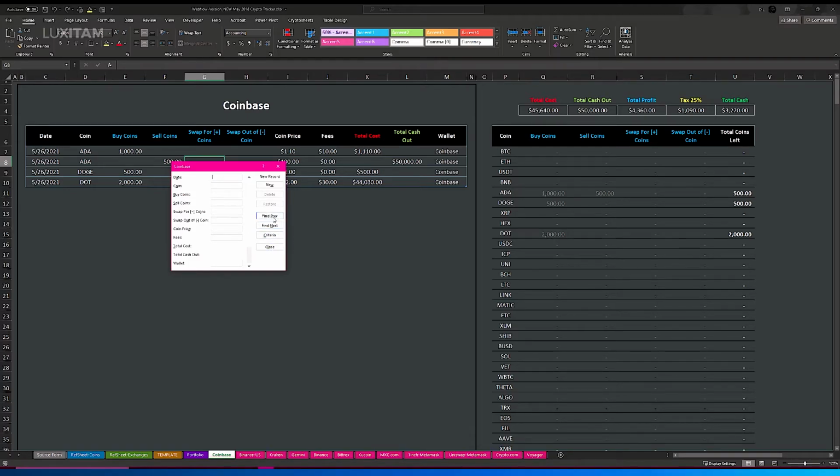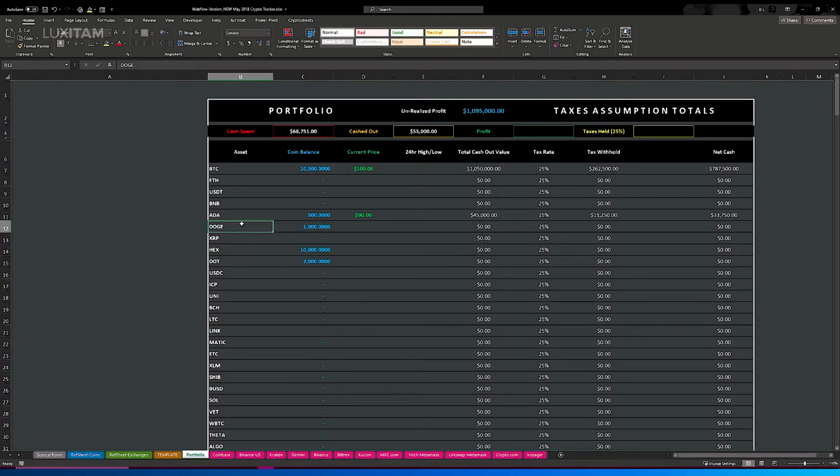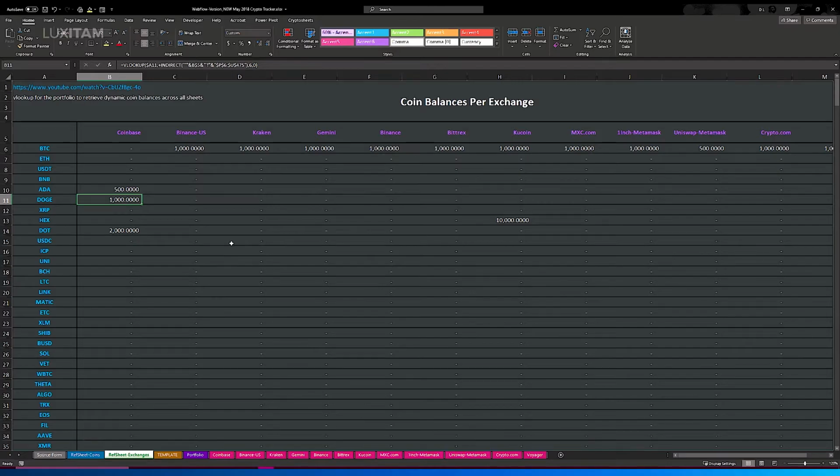So if you want to find the previous transactions, you can look through them if you need to make adjustments because you did type something wrong. That's also fine. And as you update it, so if I update Doge from 500 to 1,000, and then I click close, you can see here now it's 1,000. You can go to my portfolio and see that Doge is now 1,000. You can come back over here and see that Doge is 1,000. So you can make edits if you make mistakes. Long story short,